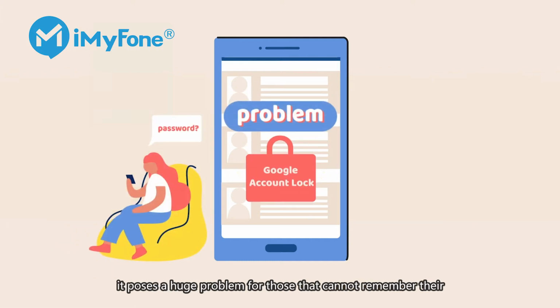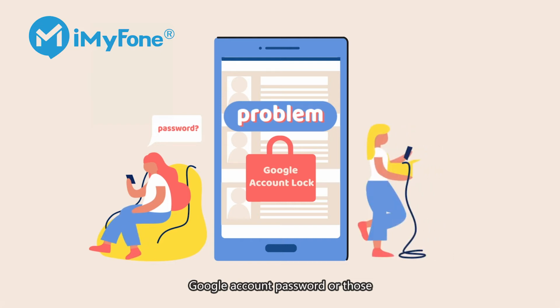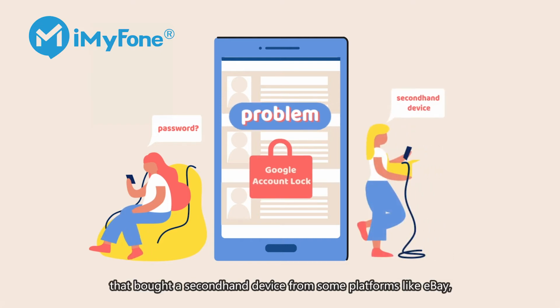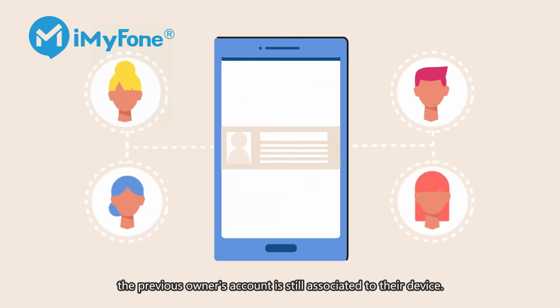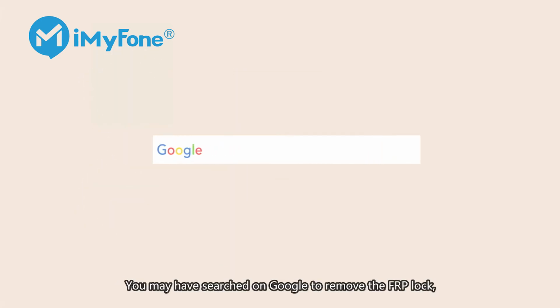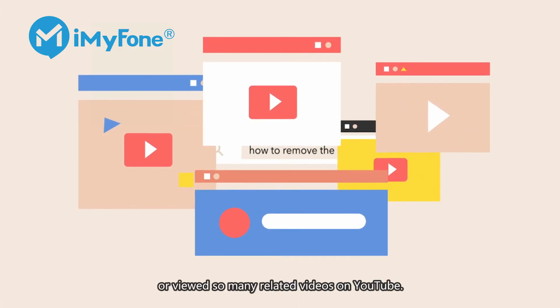While Google Account Lock is a beautiful security feature for Android devices, it poses a huge problem for those that cannot remember their Google account password, or those that bought a secondhand device from some platforms like eBay, as the previous owner's account is still associated with their device. You may have searched on Google for how to remove the FRP lock, or viewed a ton of related videos on YouTube. The embarrassing facts are: